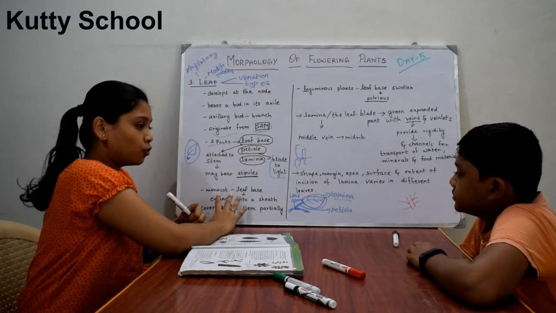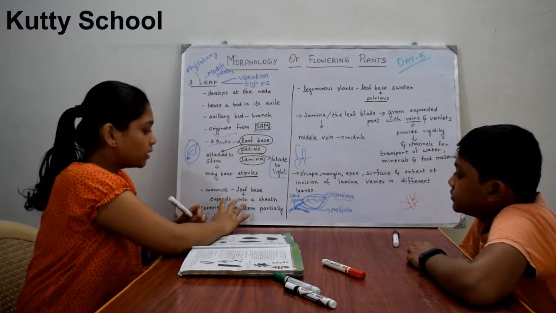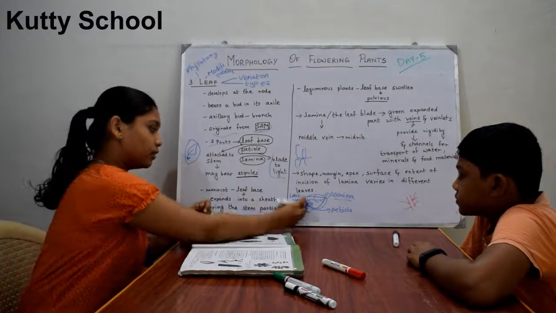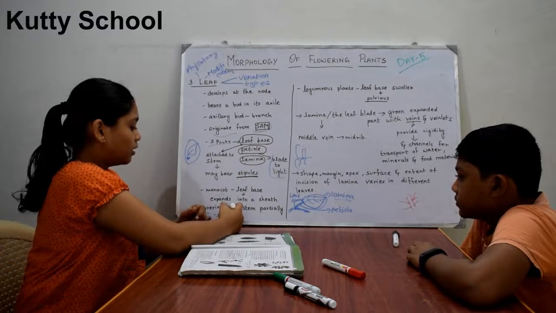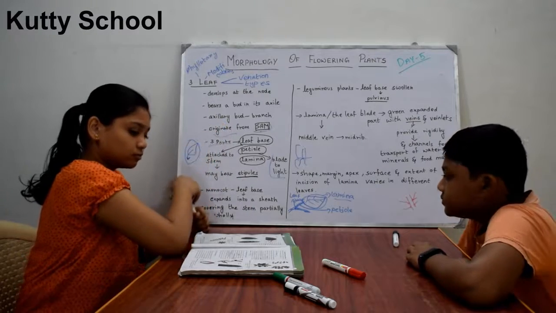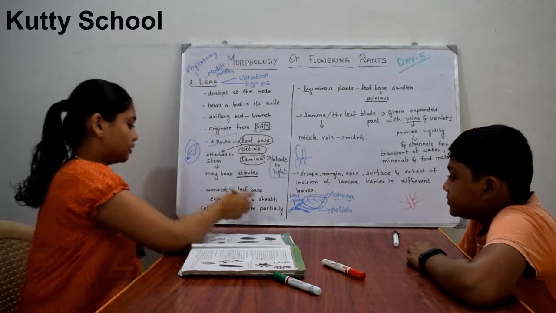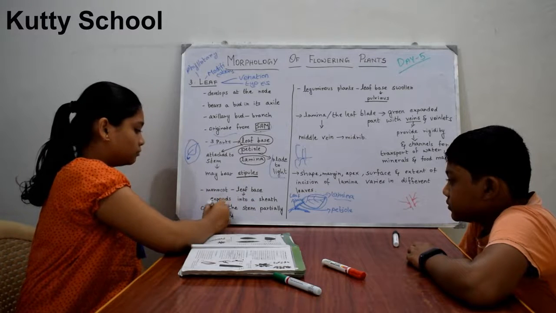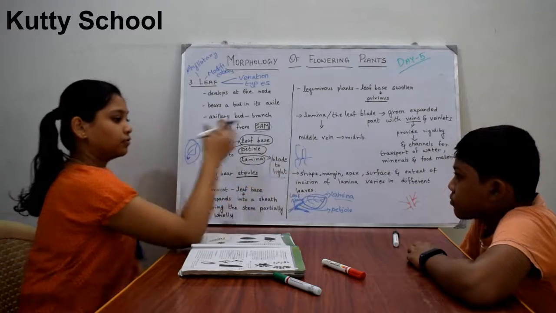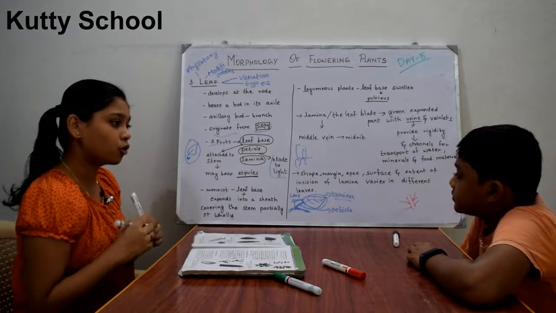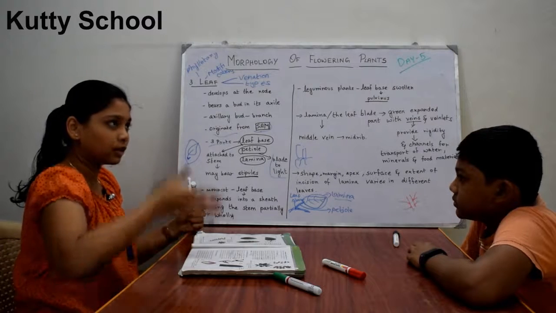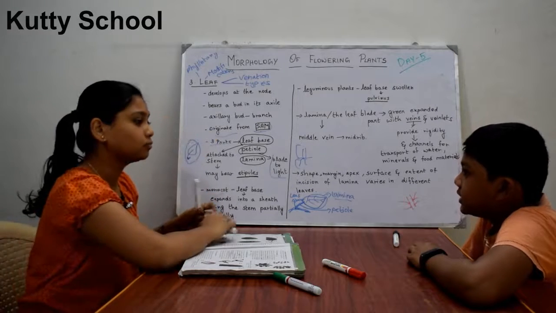Generally in monocot plants, the one-cotyledon plants, the leaf base expands into a sheath. It expands into a sheath and covers the stem. A sheath is a sheath-like structure covering the stem partially or wholly. It grows and covers the stem a little bit, or covers it fully. So that is the leaf base in monocot plants. In grasses, you can see the leaves are all connected to the plant like a skin-like structure.